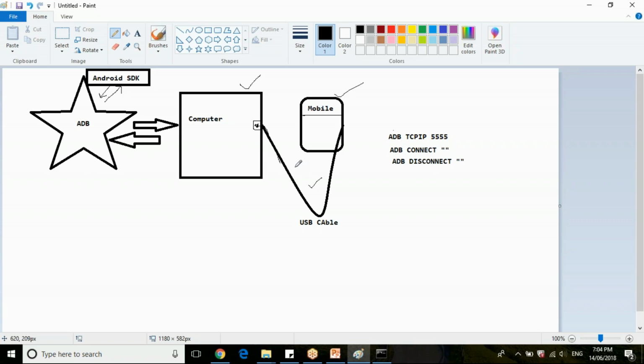TCP port, in any port. Just give me a second, guys.